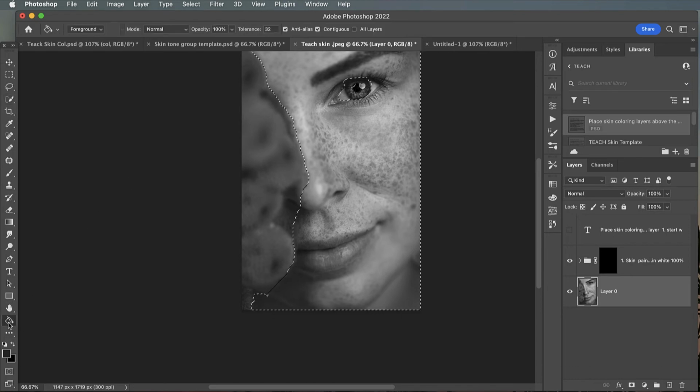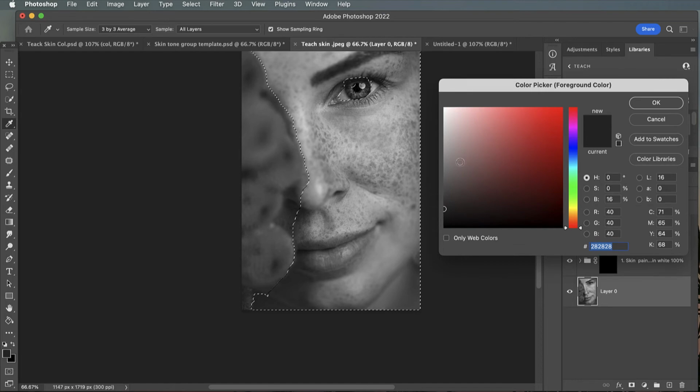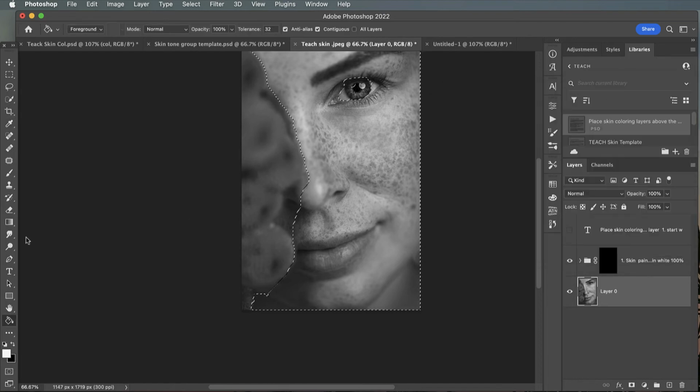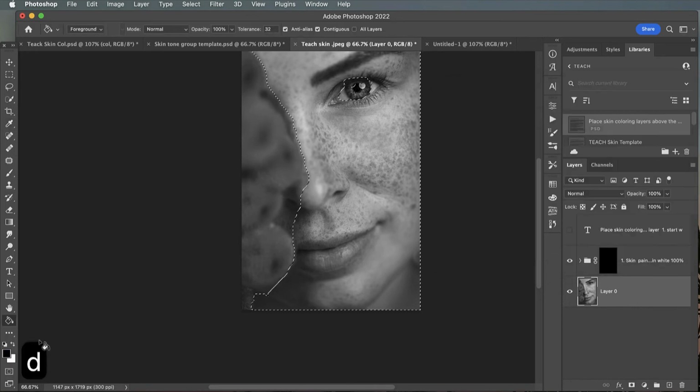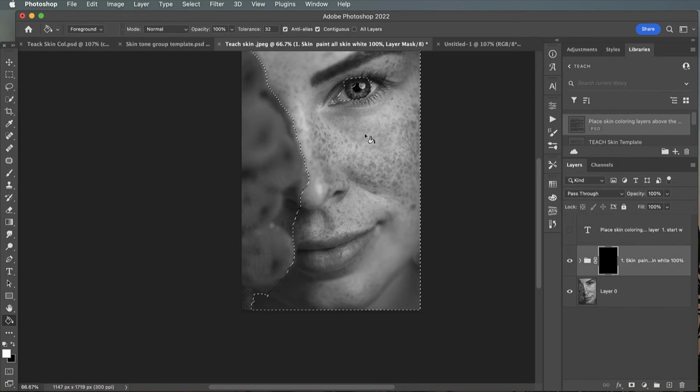But first of all, we're going to go to the paint bucket. If you press D while you're here, you'll get the default colours for black and white. So D, and then X will swap background and foreground. And you'll see me do that quite frequently working on masks. And the benefit of masks is you only have 2 colours that you need to paint with, black or white, to hide or show. So here we're going to drop white